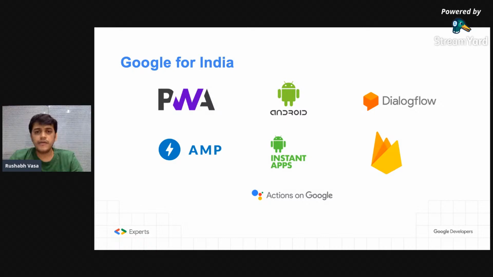There are certain platforms and technologies I'm sure you must have seen, but these are very essential if you're building something for India. For example, the progressive web app is very important. If you build a mobile app, it is very difficult to get users to download it. And since more than 60-70% of mobile users use smartphones costing less than 10,000 rupees, they have limited space and memory. So how do you give them a great experience? That's where the PWA comes into the picture.